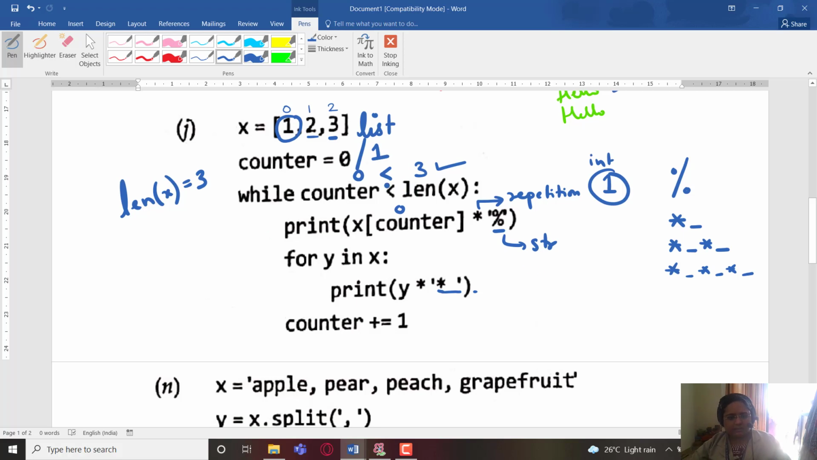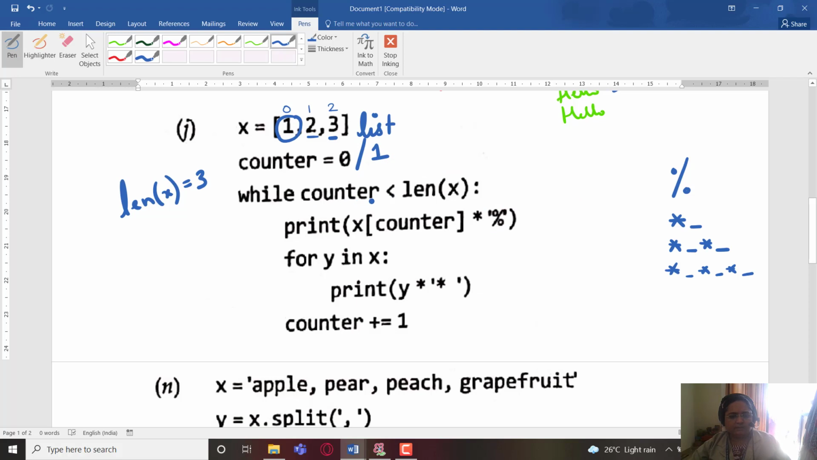Now we again check while counter. Now I'm going to erase all these values here. Okay. Now counter is 1, while 1 is less than 3. Yes. X counter. So X counter means now X1, which is equal to 2. 2 into the percentage sign. So the percentage sign will be repeated how many times? Twice. And then again this whole thing will be printed, that is